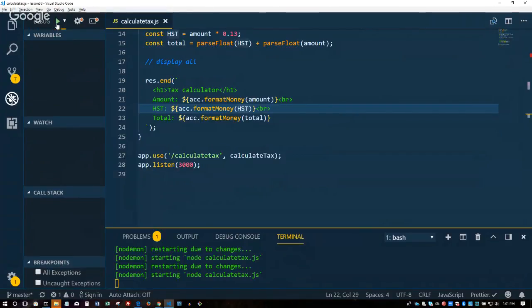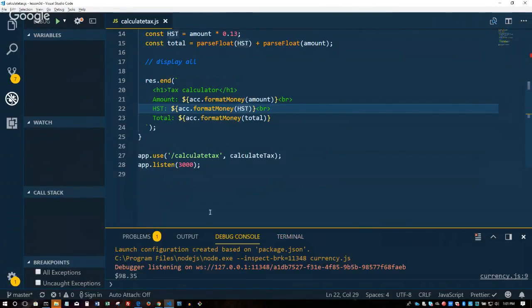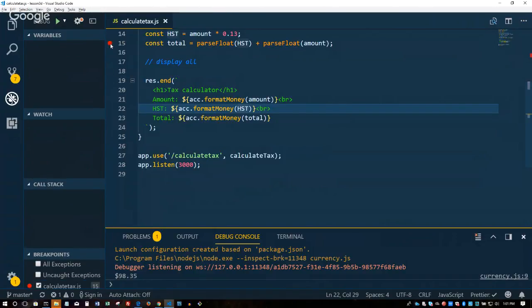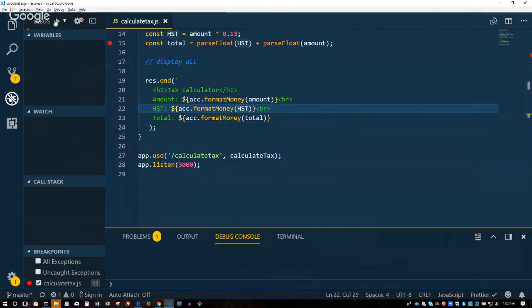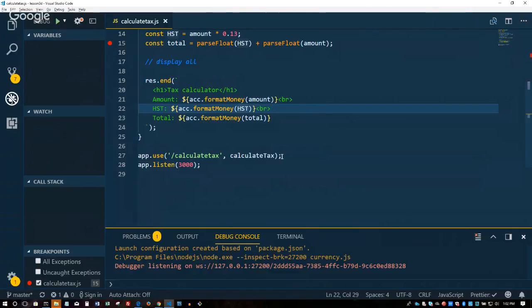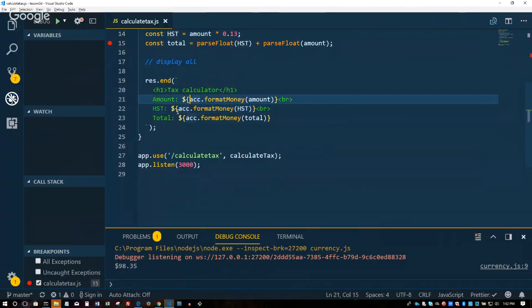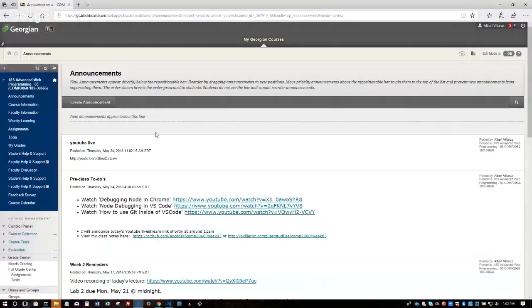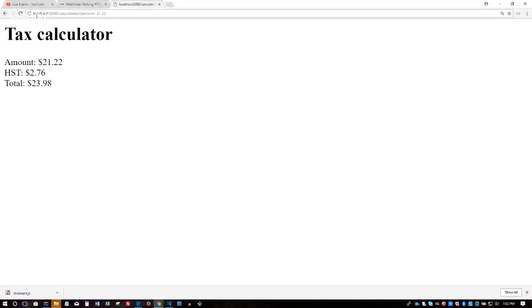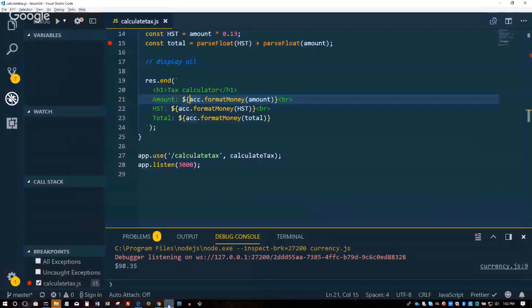Now, depending on your setup, it is started, it is listening. Maybe what I'll do is I'll put it under a breakpoint. Let's say, let's stop right here, okay? And well, let's refresh. Now, if I go into calculate tax and refresh the page, what you should see, which I'm not seeing, is I should have seen some variables here that told me what's inside here, and I'm not sure why it's not showing.